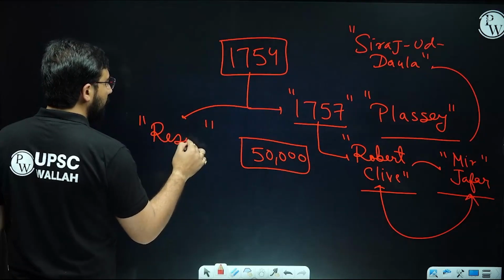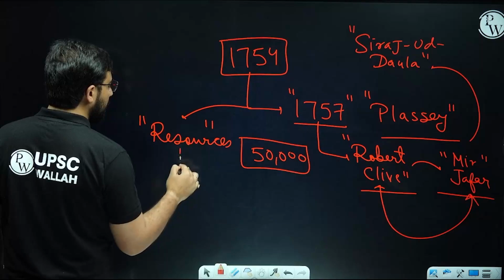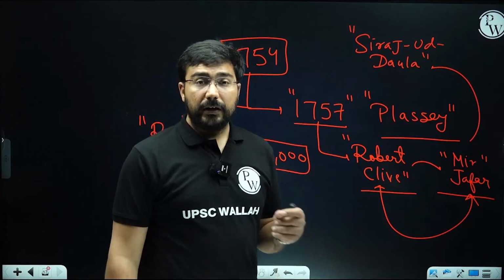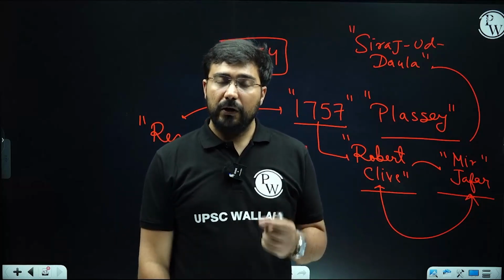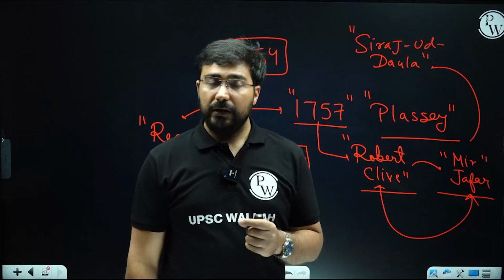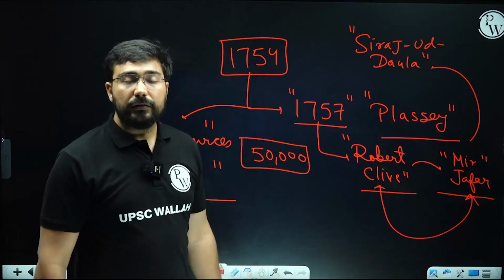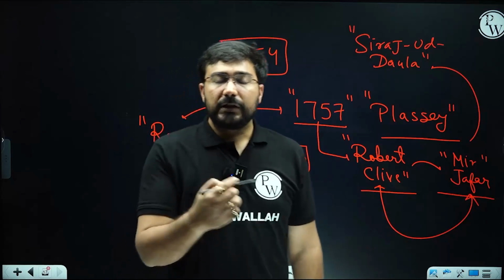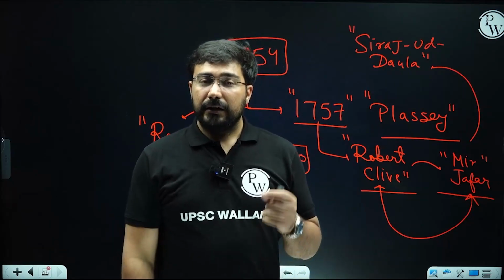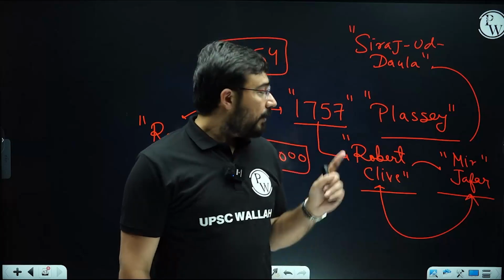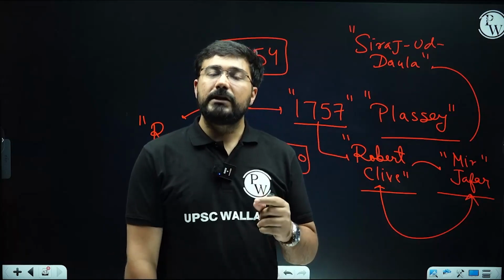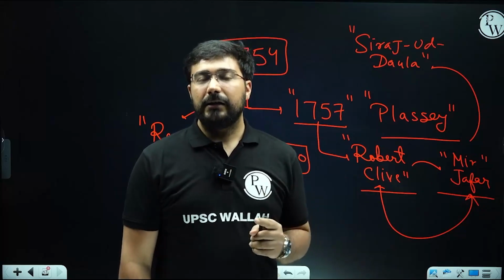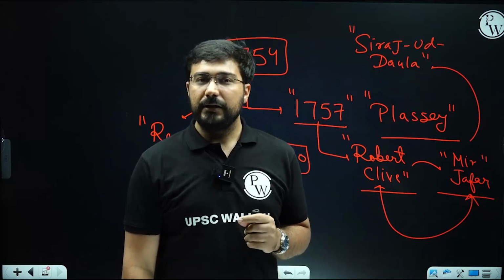The British now had resources with which they could create whatever big army they would require. The unlimited resources which they got from Bengal were going to be very, very helpful in fighting against any of the powers, and in this case it's going to be the French. In fact, one famous historian says that the British used the revenue from the region of Bengal as a financial stick. And with this stick they kept on beating the French until they finally surrendered in 1763, and that is the truth.